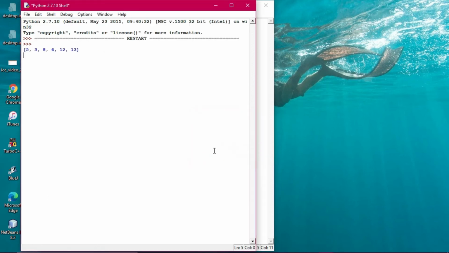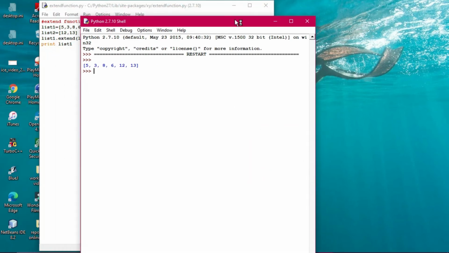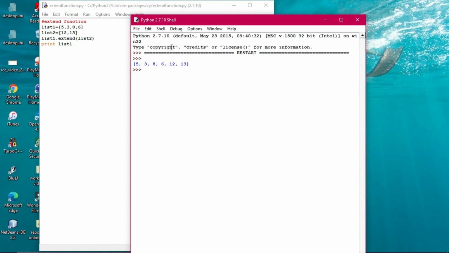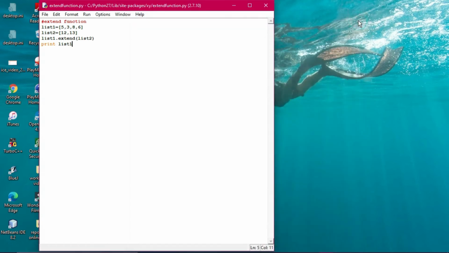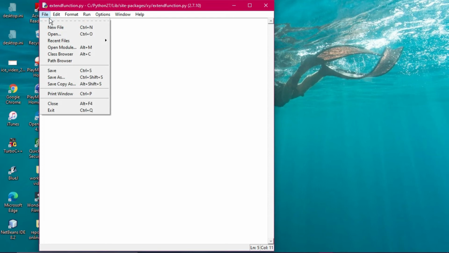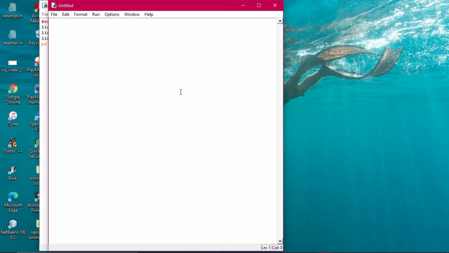Click on OK. So now you see that both the lists have been added. It is somewhat like concatenation or the joining of the lists. So what is happening out here? List 1 and list 2, both the values have been extended over here. Now this is just a small functioning to understand how the extend function works. Next, opening a new file out here, this time we are doing the insert function.